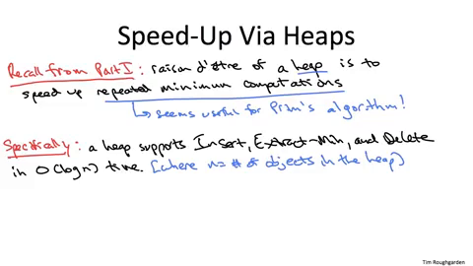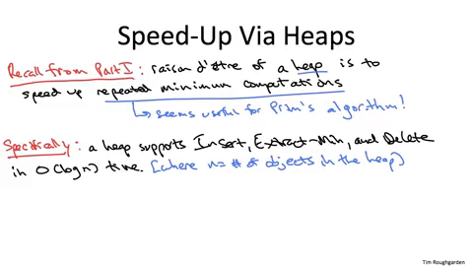So first, recall that a heap contains a bunch of objects, and each of those objects should have some key value from some totally ordered set, like a number, for example an edge cost. So what can you do with a heap? Well, the salient operations for our purposes today are, first of all, you can insert new stuff into the heap with whatever its key value is. You can extract the object with the minimum key value, and you can also delete stuff from the middle of the heap. And all of these can be done in logarithmic time, logarithmic in the number of objects stored by